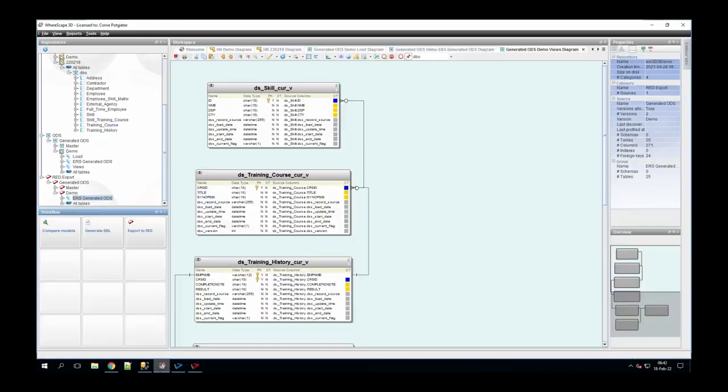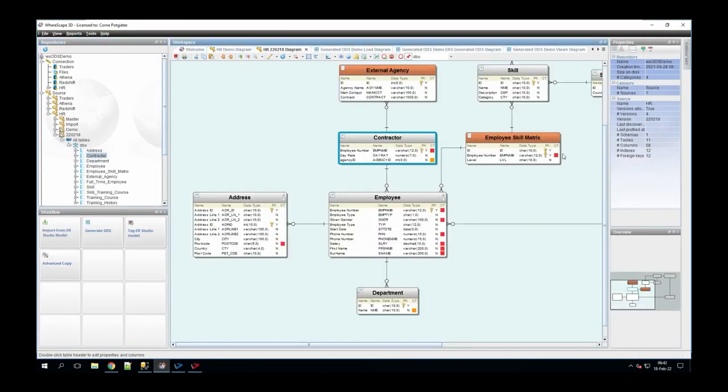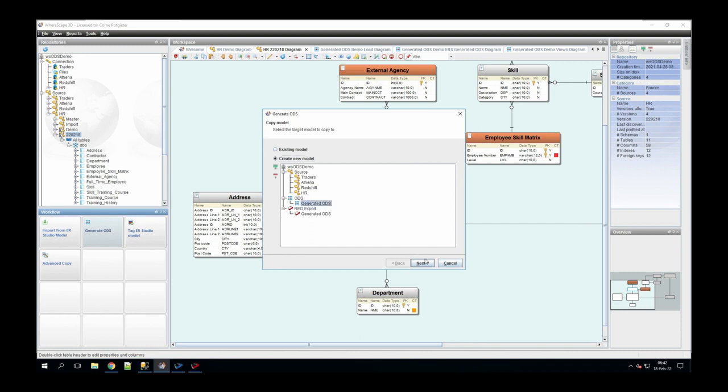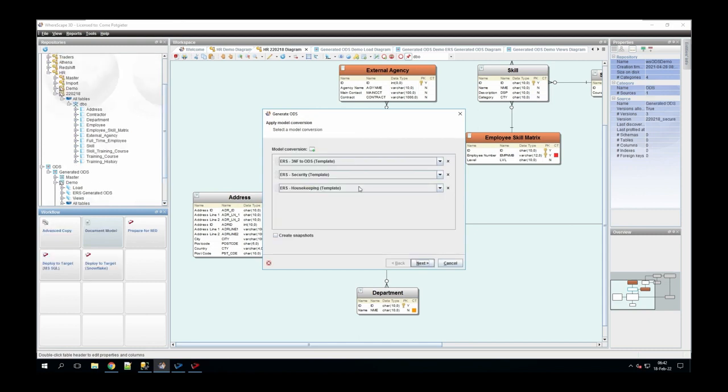So just to go back to 3D and show you what we did, we imported the model, we tagged the metadata appropriately, some additional metadata for history tracking, excluded certain tables. Another option for generating the ODS or the security measures within the ODS. So you'll see the default is the masking option. What we could have done,